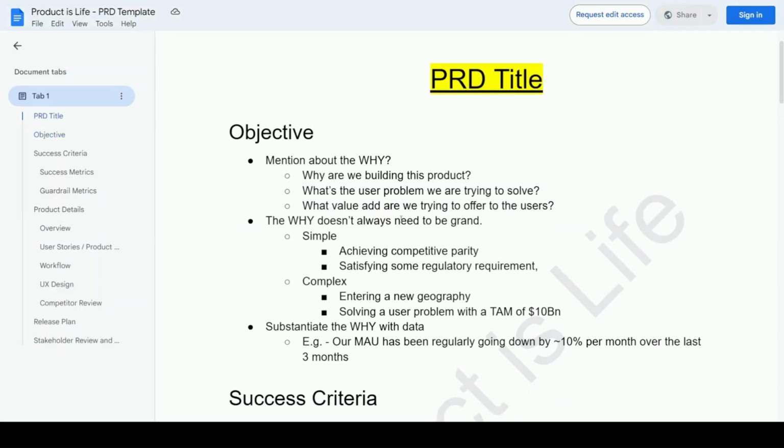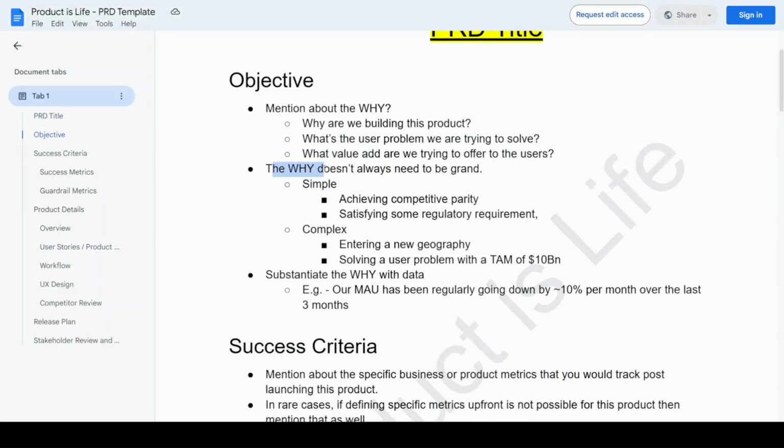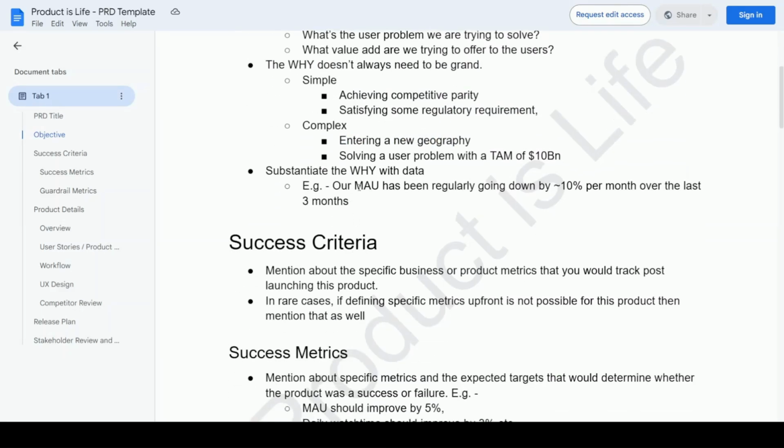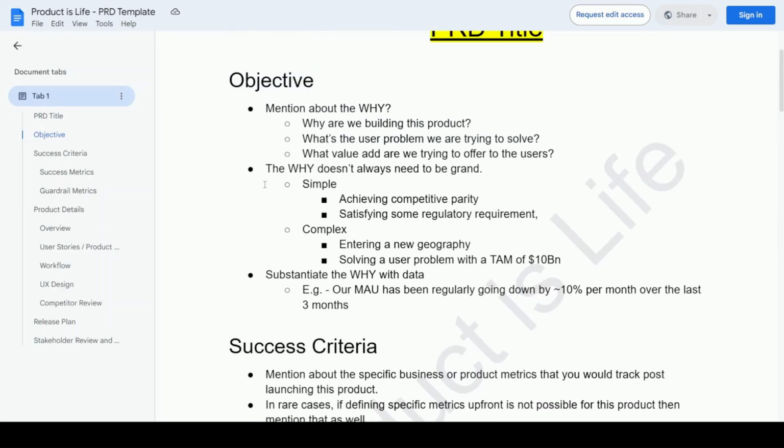And we always have this misconception in our mind that the objective needs to be something grand or fancy, which changes the future of the company or something like that. The objective doesn't always need to be a grand one. It can be a simple objective like achieving competitive parity or satisfying some regulatory requirement, or it can be a more complex one like entering a new geography or solving a user problem with a TAM of, let's say, $10 billion. But whatever it is, the key is that it needs to be absolutely clear and there are no assumptions